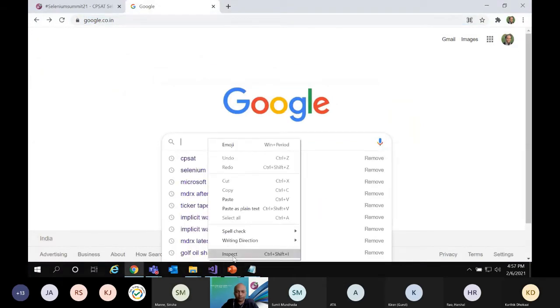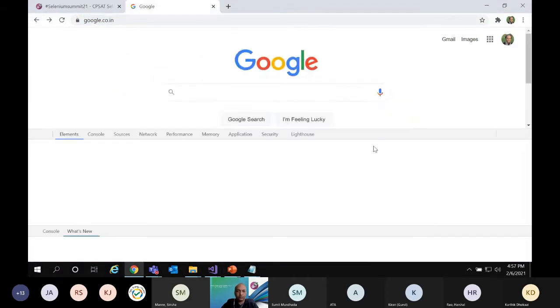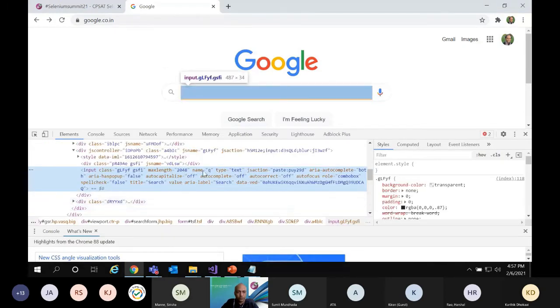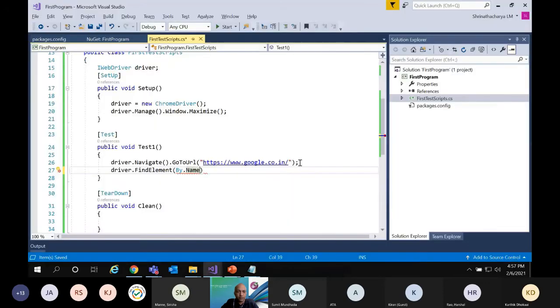You can right click, inspect. The name of this particular control is q. You can use Selector Hub, the one Sanjay was demoing, which is more powerful for seeing the XPaths. The name of the control is q.